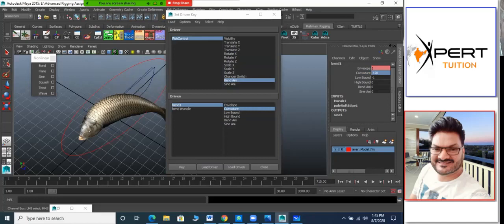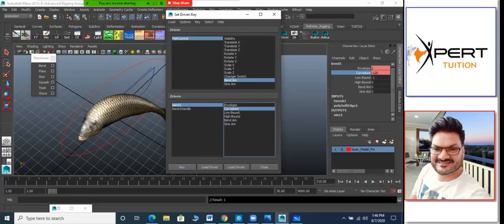And key. Does everyone understand these 3 keys, how I created them? One for the 0 value, one for the plus 10 value, how much rotation you need, or here it is called curvature, how much curvature value you need. One for minus 10, how much curvature value, one for plus 10, how much curvature value, and default is always 0, so you have to keep 0. So 3 keys are always required for set driven. For the switching key, it is only the shuffling, so 2 keys are required. Is it clear?